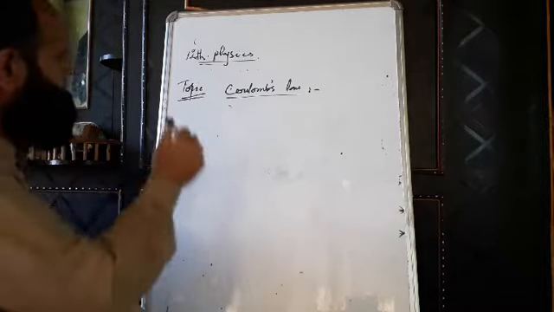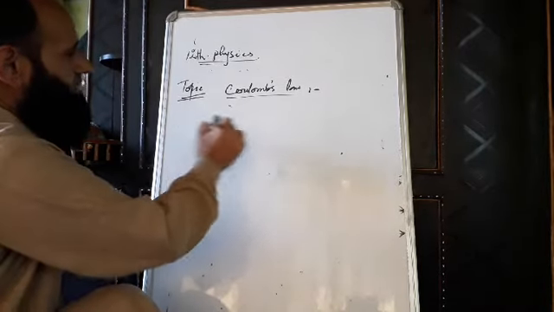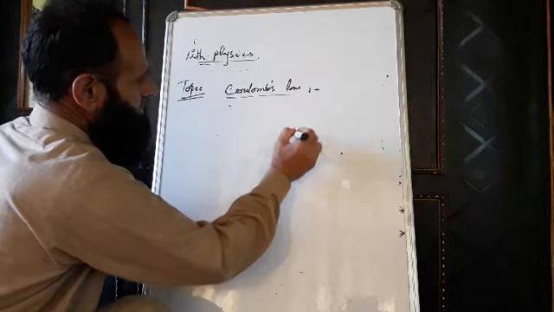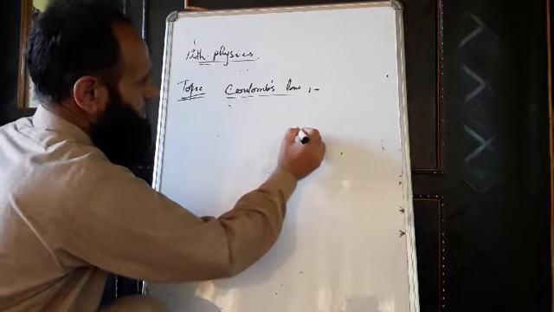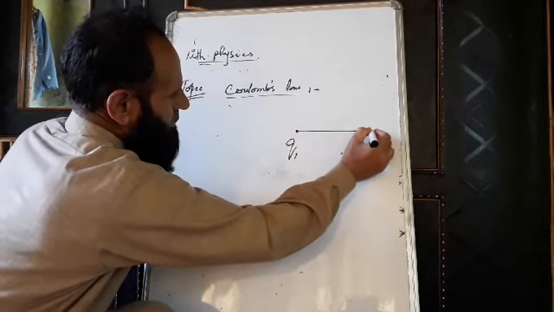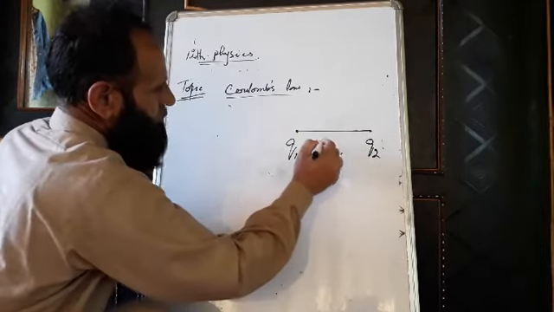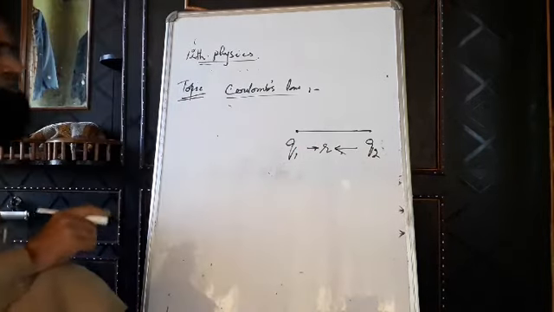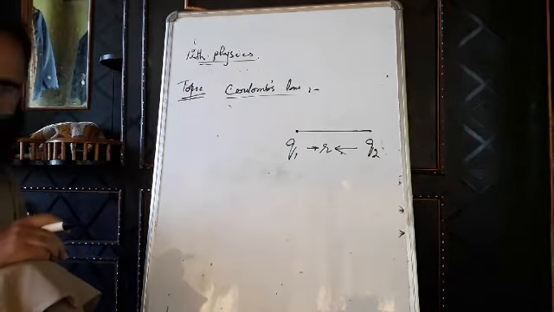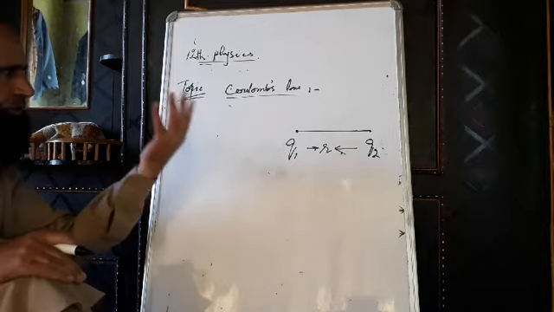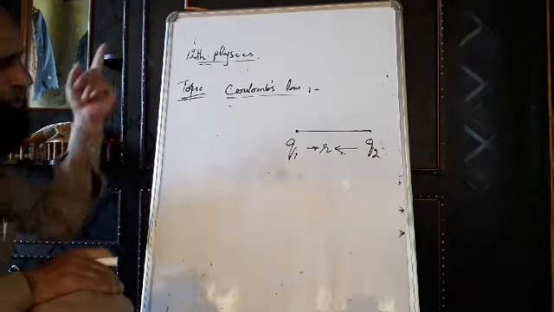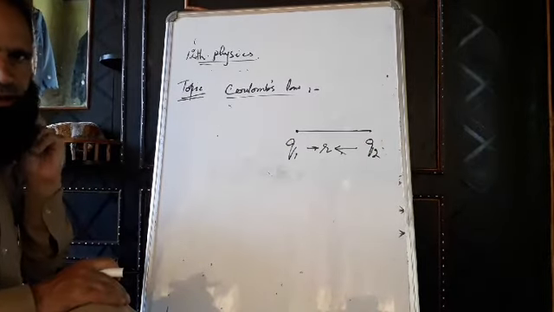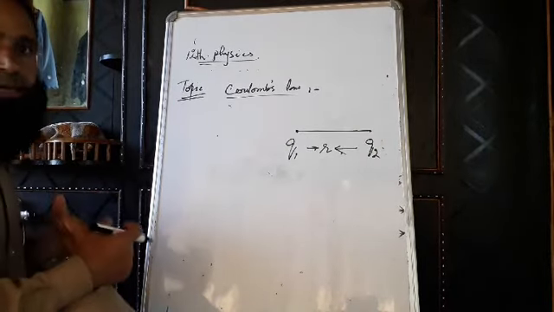According to this law, the force of interaction between any two point charges, let us take two point charges Q1 and Q2. These two charges are separated by a distance r. The distance between these two charges is r. According to Coulomb's law, the force of interaction between these two charges, Q1 and Q2, is